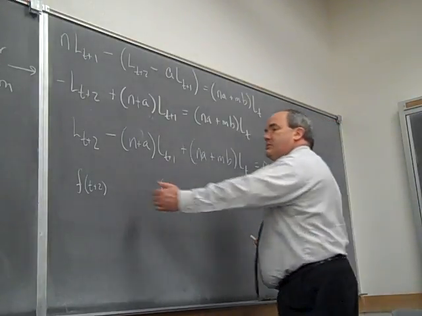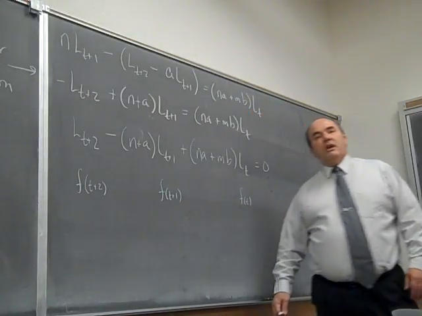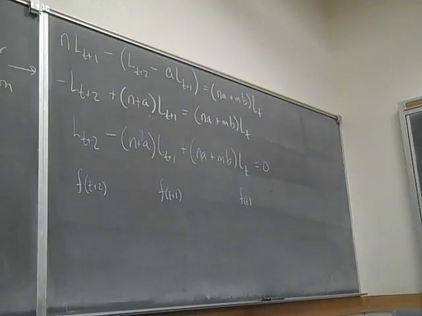Well, if they're going to cancel each other out, they're going to have to look the same. So when I plug t plus 2 into this function, I have to end up with essentially the same object coming out that I get when I plug in t plus 1 or t. Now, lest you think that just happens automatically,